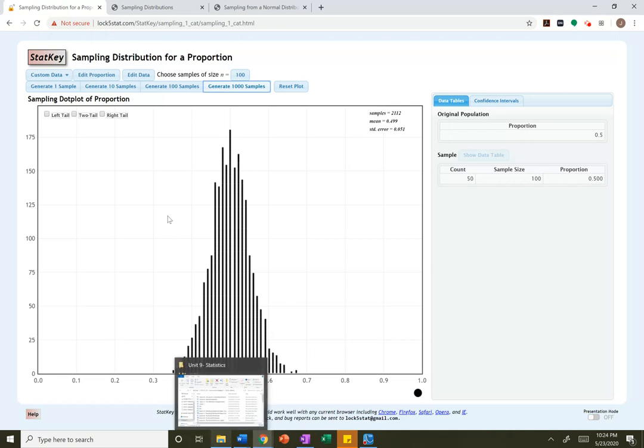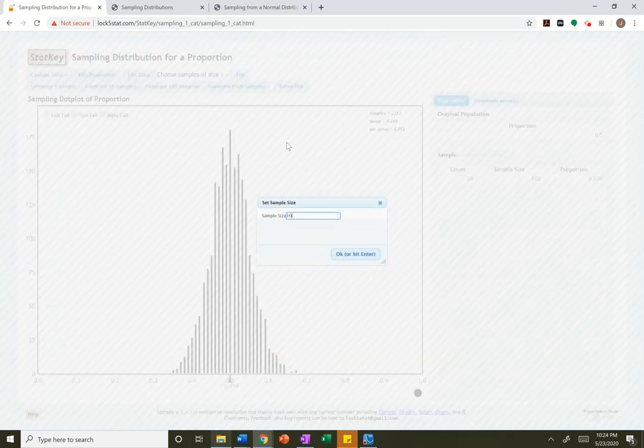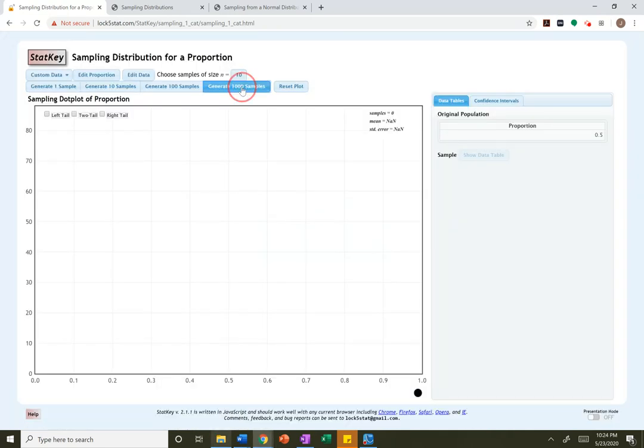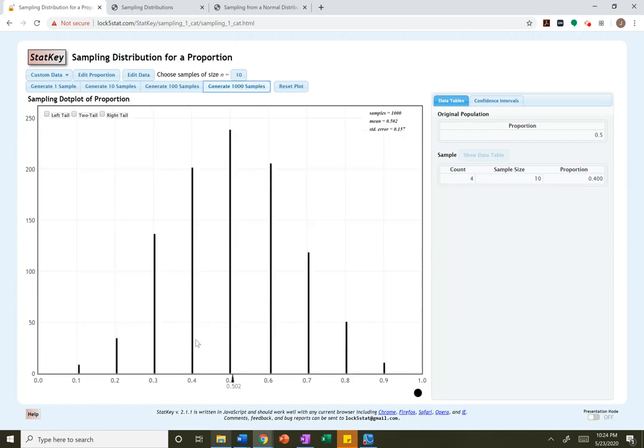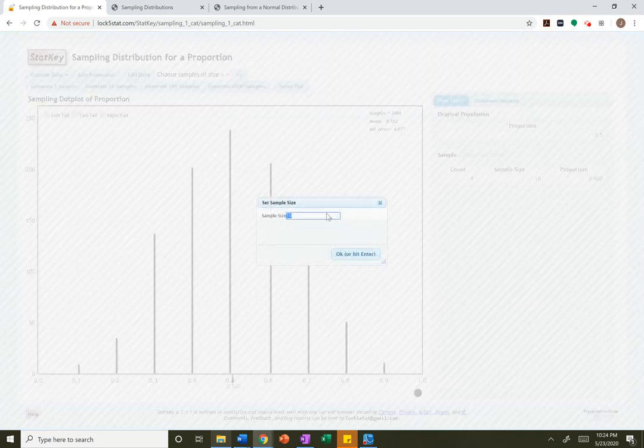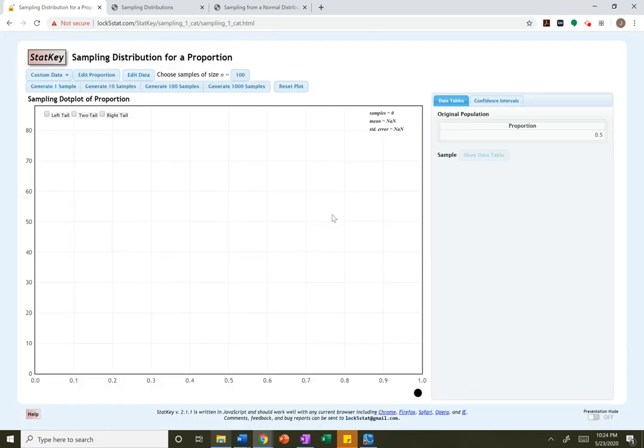Here's the 100 coin flips. Let me go back to the 10 coin flips. Let me generate it. Look how far spread out it is. It goes from 0.1 to 0.9, whereas if I flip it 100 times, my spread